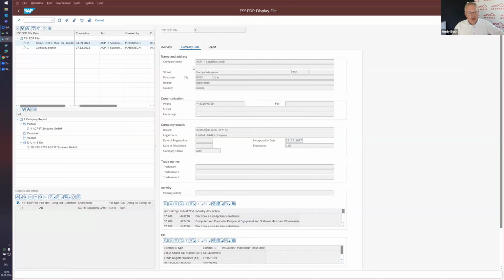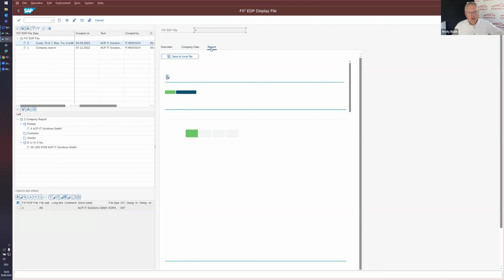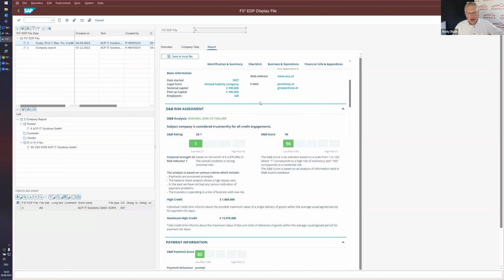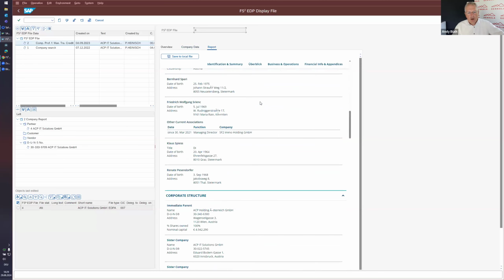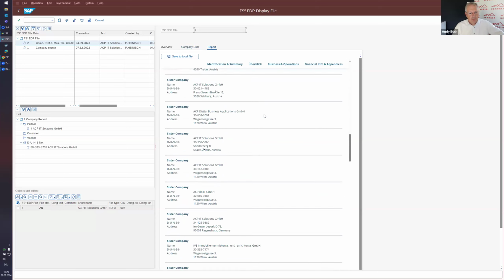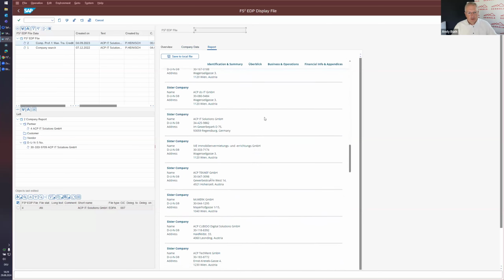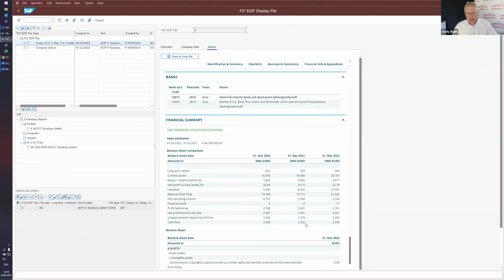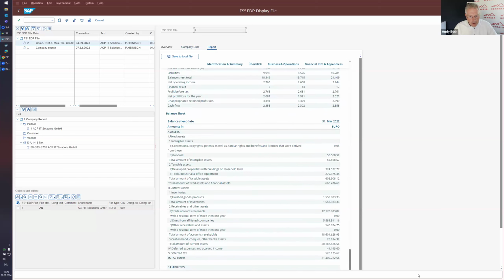And moreover, besides structured data, and again, there are many more tabs available, depends on the product, there is always a report tab as well that provides you with the PDF document, the original or accurate PDF document DMB created. So everything you might need to know that needs to be printed out, downloaded, to be discussed in a meeting, whatever is available here as well in different languages. This is currently English as visible.